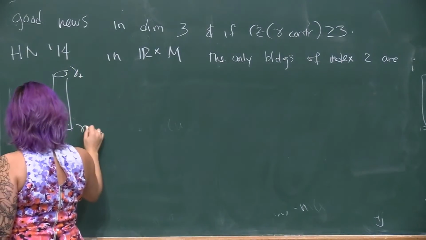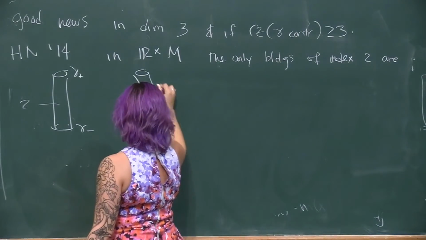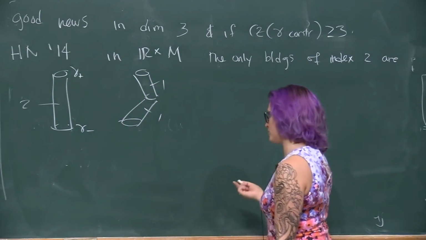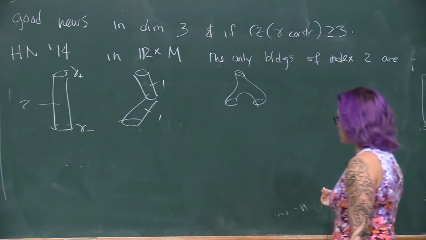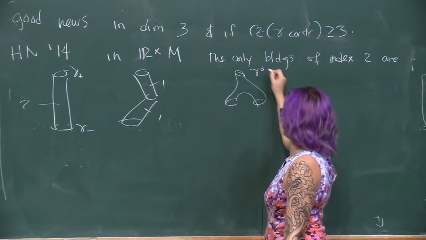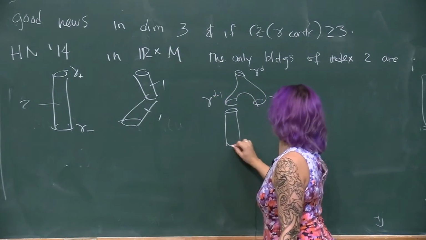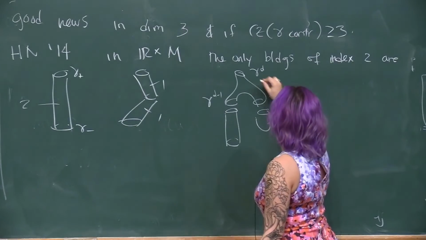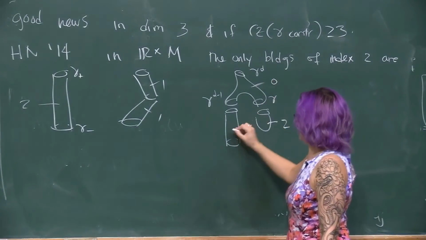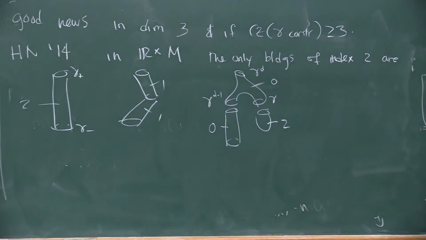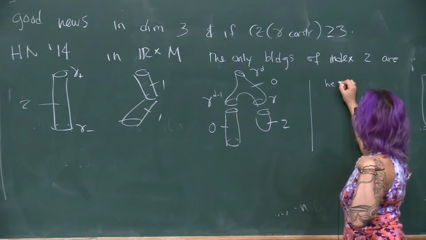where the index difference is 2, a once broken cylinder where each piece has index difference 1, and then a branched cover of a trivial cylinder over an elliptic Reeb orbit, where this has index 2 because it's a holomorphic plane, and then this has index 0, and this has index 0. Okay, so in higher dimensions, these arguments break down, so I just want to say that this heavily relies